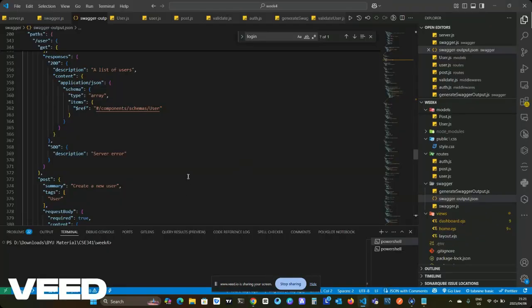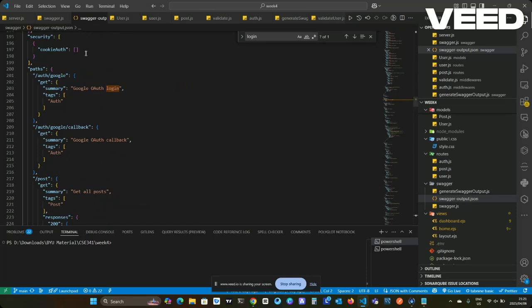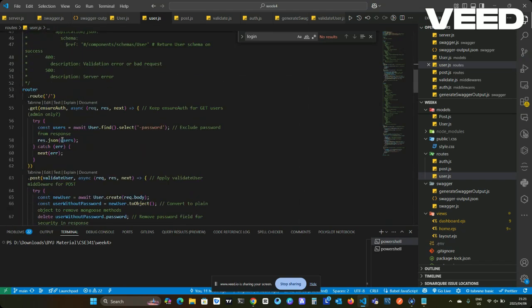Hello, I'm going to demonstrate that I've got a working API. I've got a Swagger output file right here, and then I've got my user routes, which have error